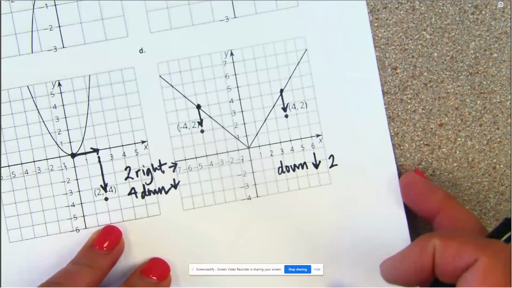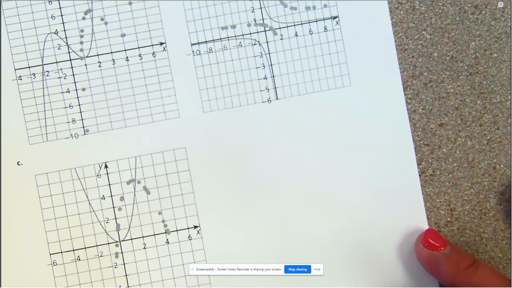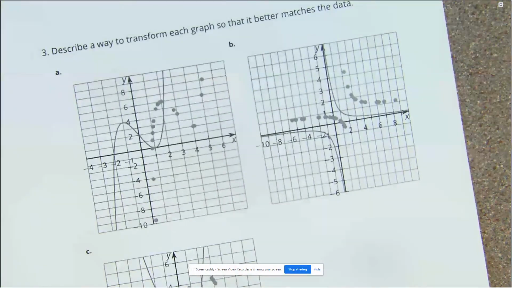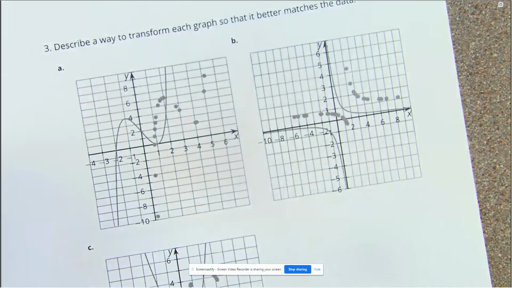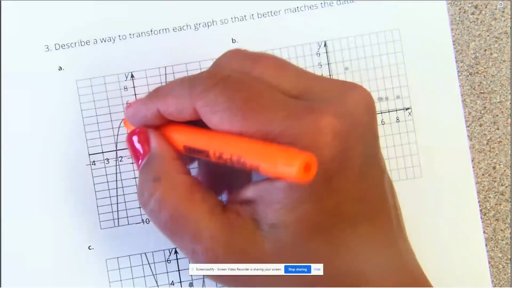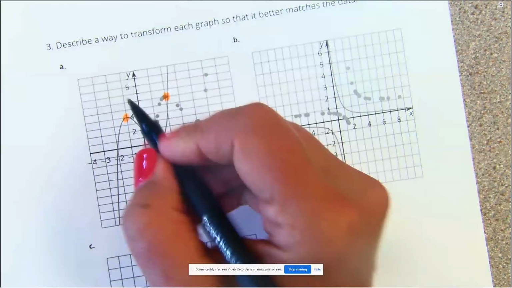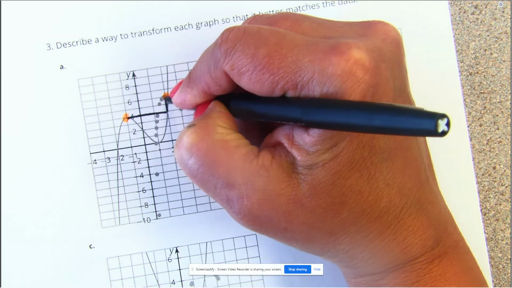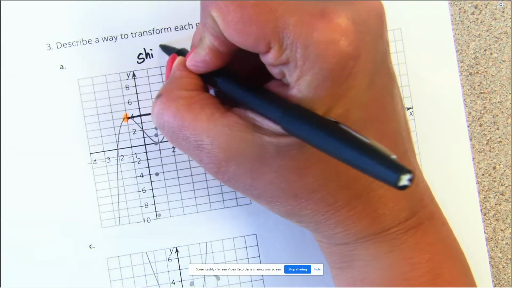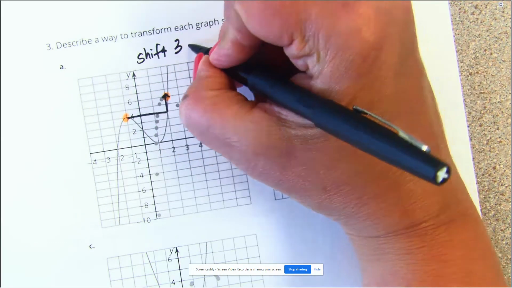All right. Number 3, describe a way to transform each graph so that it better matches the data. So I'm going to use this point, the top of this curve right here, and try to line it up right there. Looks like I should shift it over 1, 2, 3, and then up 2. So shift it 3 to the right,